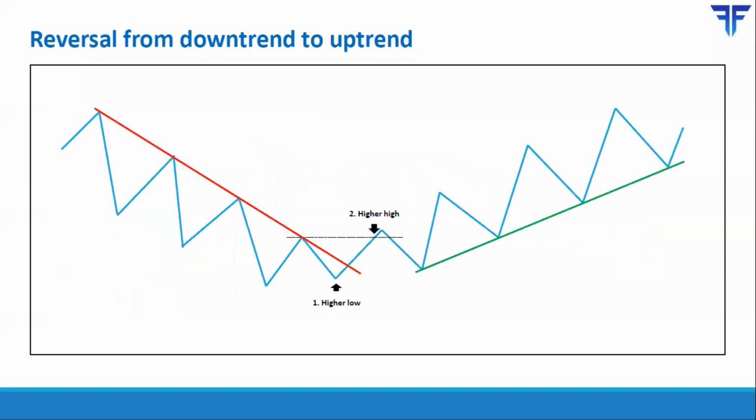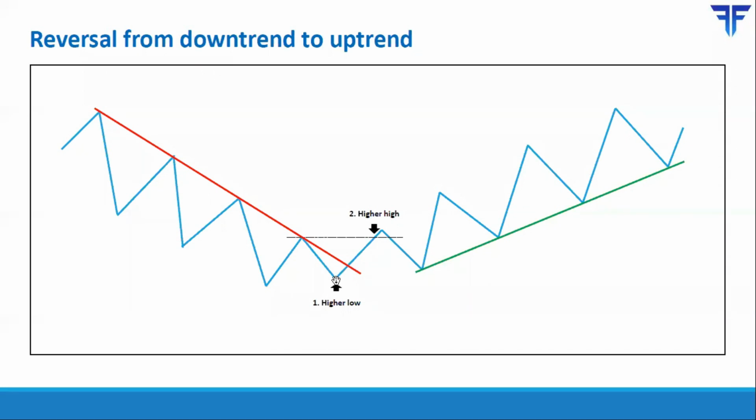The exact opposite of that is reversal from downtrend to uptrend. In the first half of this chart, you can see that price was in a sequence of lower highs and lower lows. It was consistently making lower highs and lower lows. The first sign of trouble emerged at this point in time. So for the first time in this sequence of lower highs and lower lows, price has made a higher low, because at this particular point, the low did not break below the previous low. So you have a higher low in place.